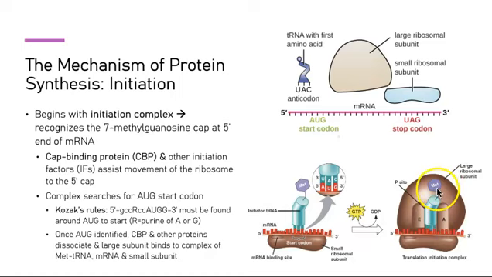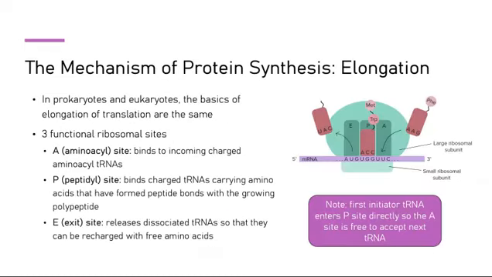MET for methionine, remember that is going to be the amino acid for AUG, is going to enter an area known as the P site. This ensures that we are going to have this A site empty for another tRNA with an attached and activated amino acid to enter. Our next step is elongation, and we're going to see that elongation is pretty much the